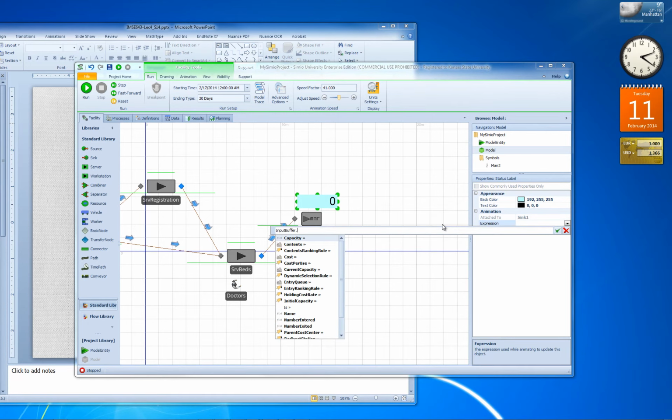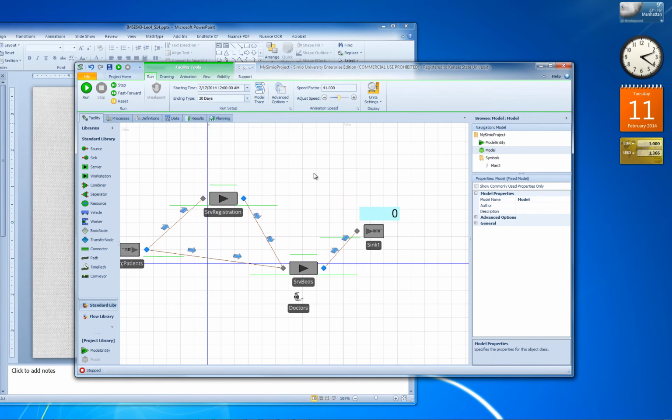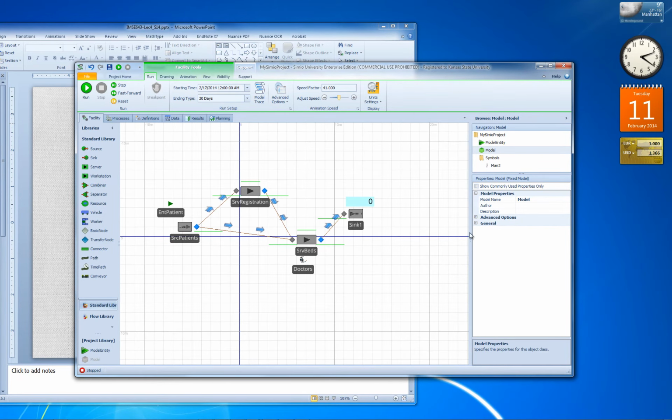How many actually enter the input buffer? So input buffer number entered. So here I can specify how many got coming through this sink. So let's run this a little bit faster this time. You see the patient coming through here,